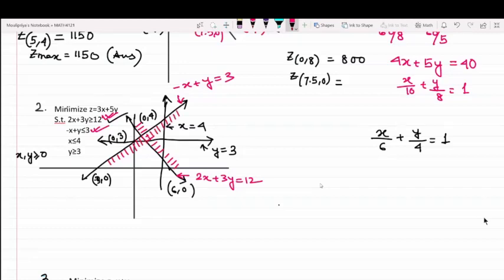Yes, ma'am. Then you have x less than or equal to 4 and y greater than or equal to 3. That implies y greater than or equal to 3, so we are interested in this region and this region. So if I simply take the region that is satisfied by all the constraints, don't you think this is going to be a quadrilateral? Yes, ma'am.